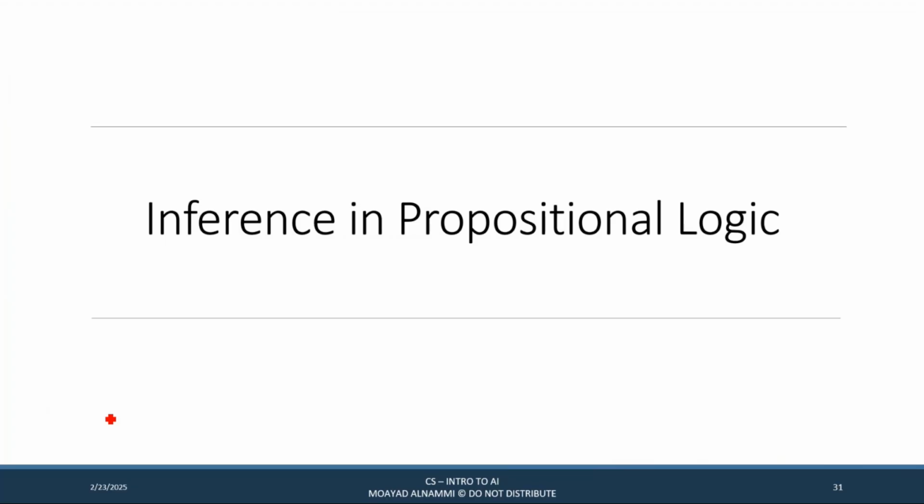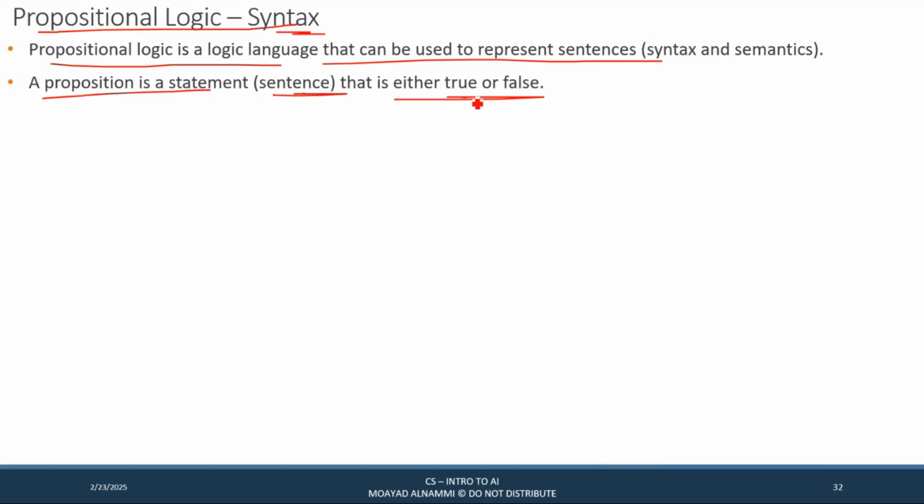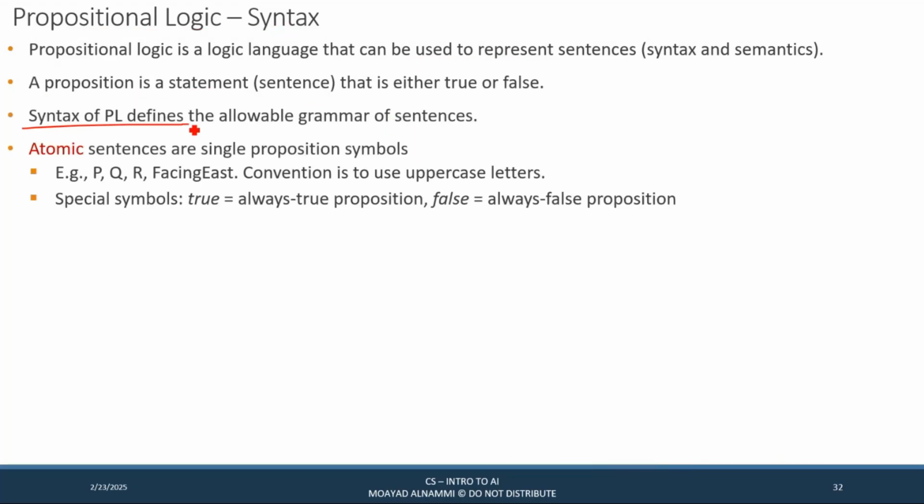So let's start. What we'll do is discuss all of this using propositional logic. Just as a reminder, this is the syntax of propositional logic. We can use it to represent sentences. A proposition is a statement or a sentence that is either true or false. The syntax of PL defines the allowable grammar of the sentences. You can have atomic sentences. These are single propositional symbols. Another name for this is literals,